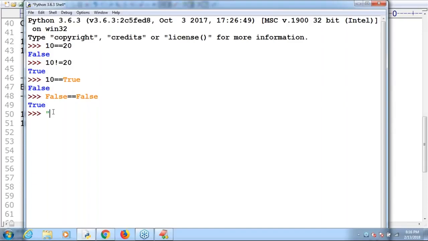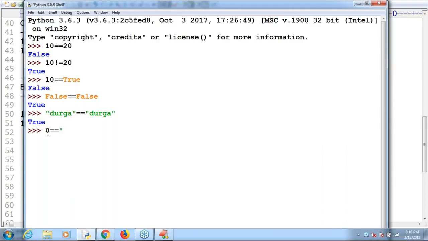Here I'm taking just Durga double equal to Durga. Can you please tell what is the answer, sir? Durga double equal to Durga. What is the answer we are going to get by default? Happily, true itself is the answer by default, sir, because content-wise both are the same. Yes.